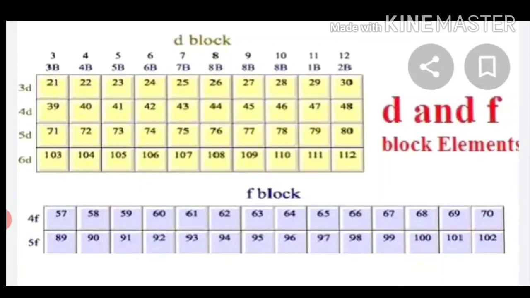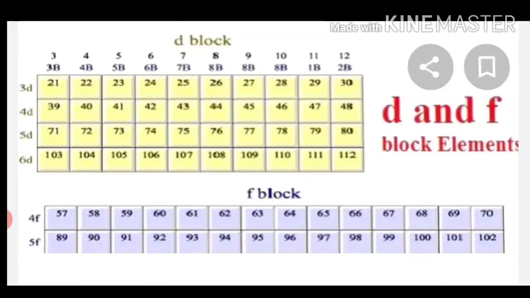Third point: +1 to +8 is the most common range of oxidation states, but some transition metals also show zero oxidation state, like nickel. Now the coinage metals, that is copper and silver, also show +1 oxidation state. Now zinc and cadmium have the stable configuration, like (n-1)d10 ns2, and show +2 oxidation state.